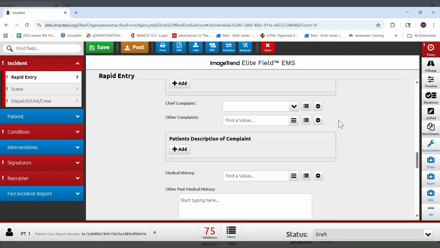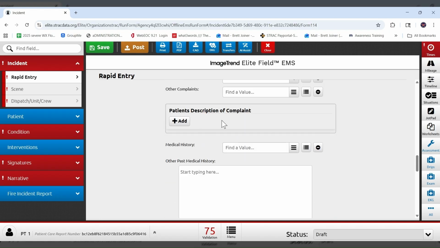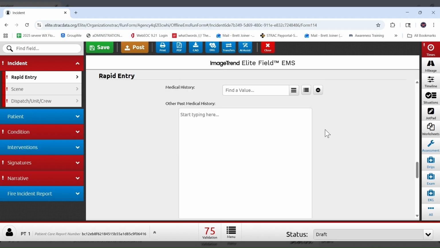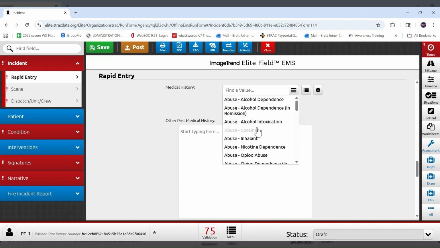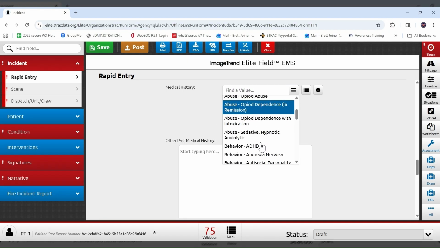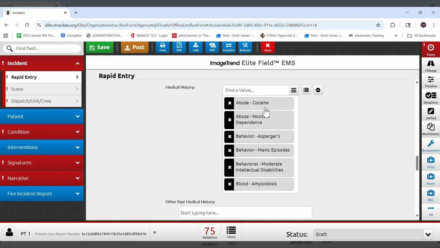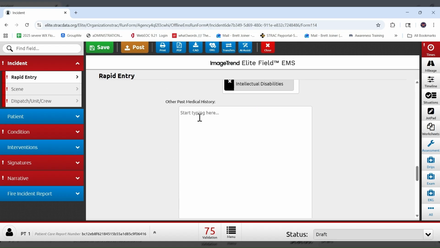As we move down, we start to get to different patient complaints, medical history. Something that's neat here, you can simply just add different things in here. It starts to list out the different medical patient history that they have. If maybe you put one in by accident, you can simply just X out of it. Other past medical history, you can simply type in. Let's say they have something like COPD, you can type that in,